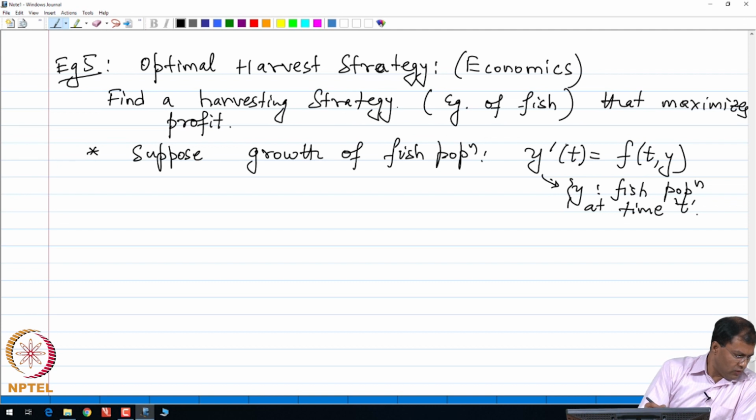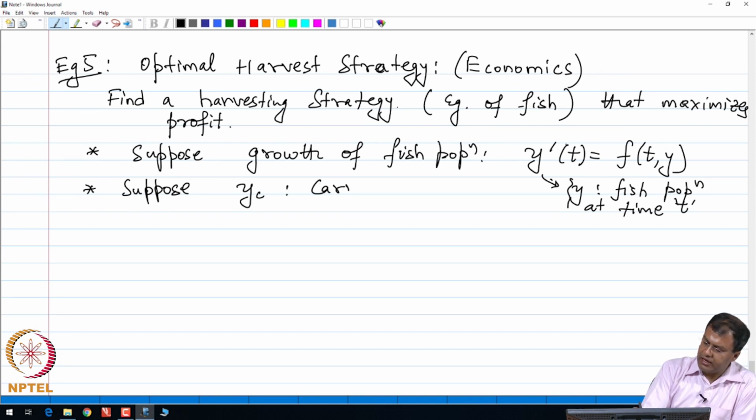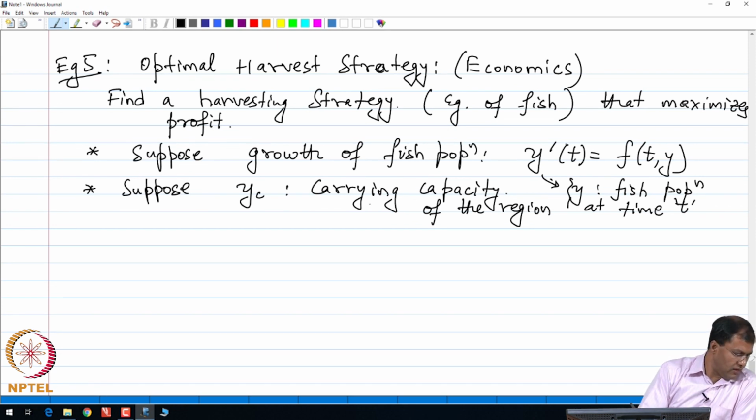Okay. So, then let us further assume that the fish cannot grow indefinitely, which means that there is a carrying capacity of the fish, let us denote the carrying capacity by yc, right. So, yc is the carrying capacity of the fish,